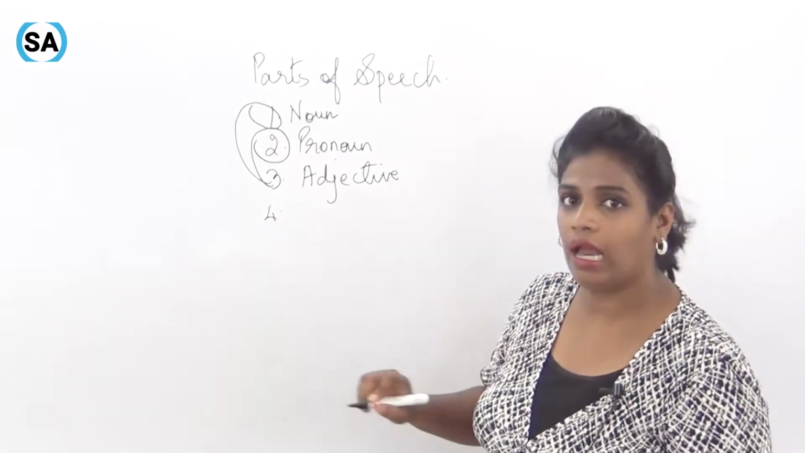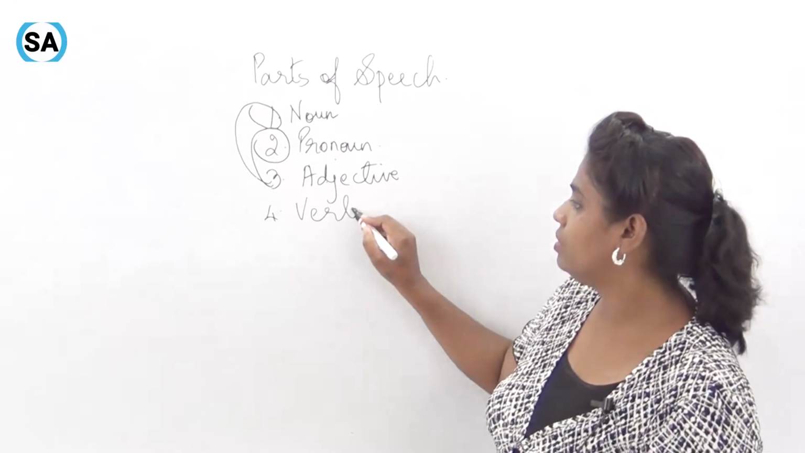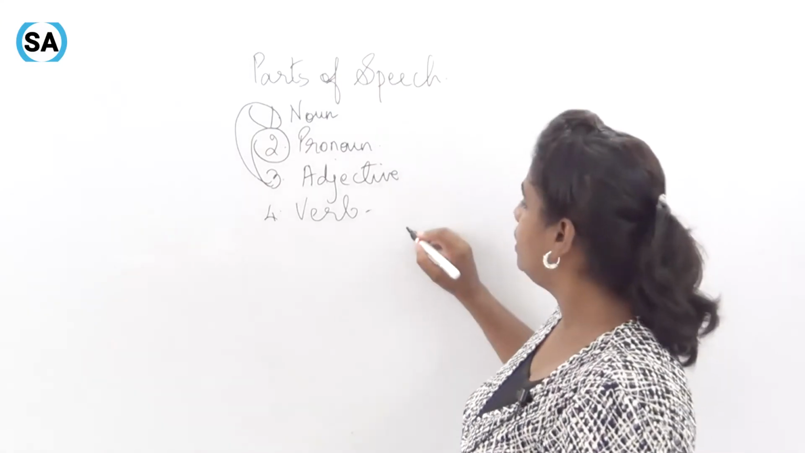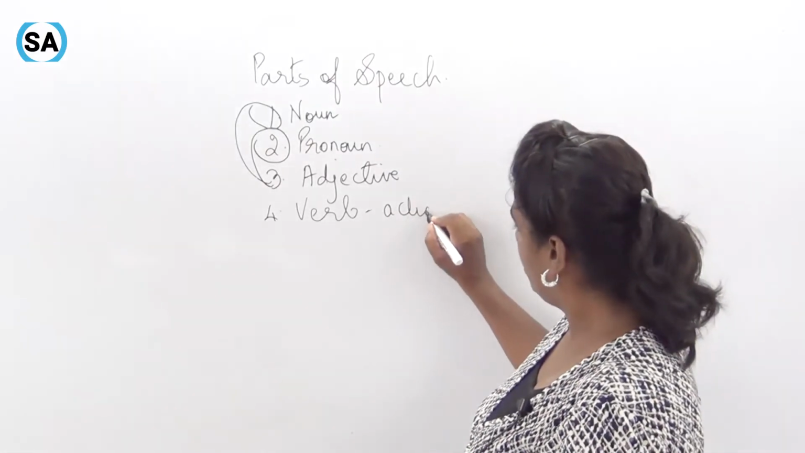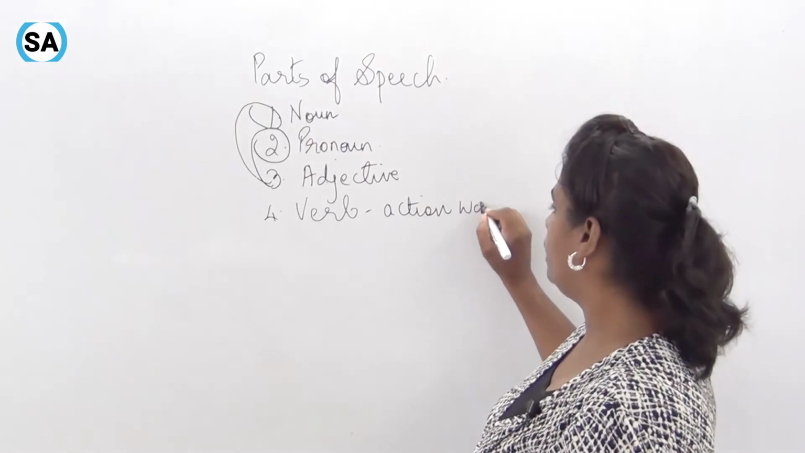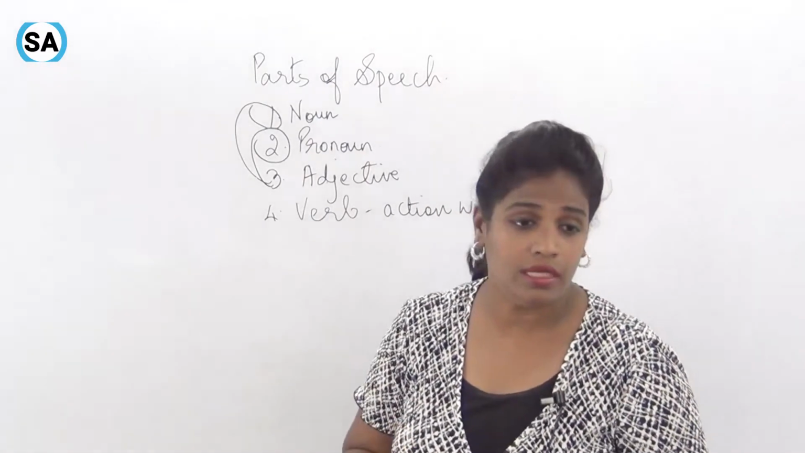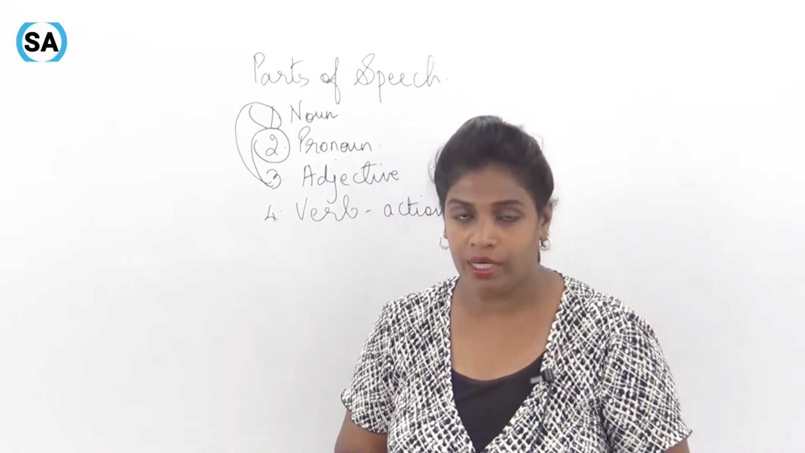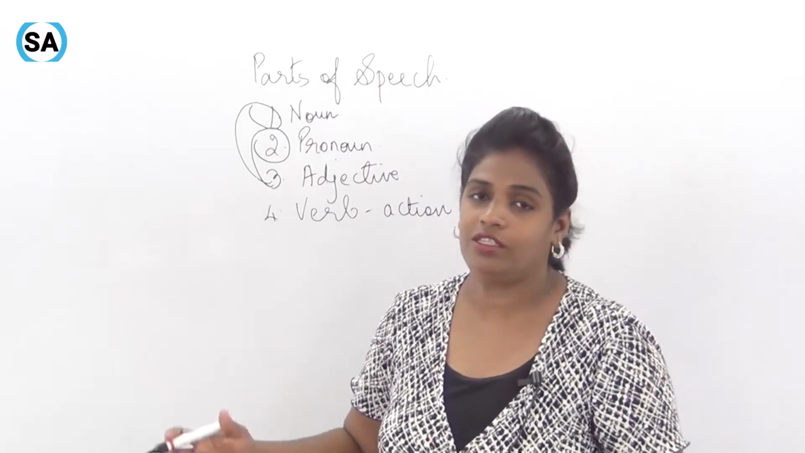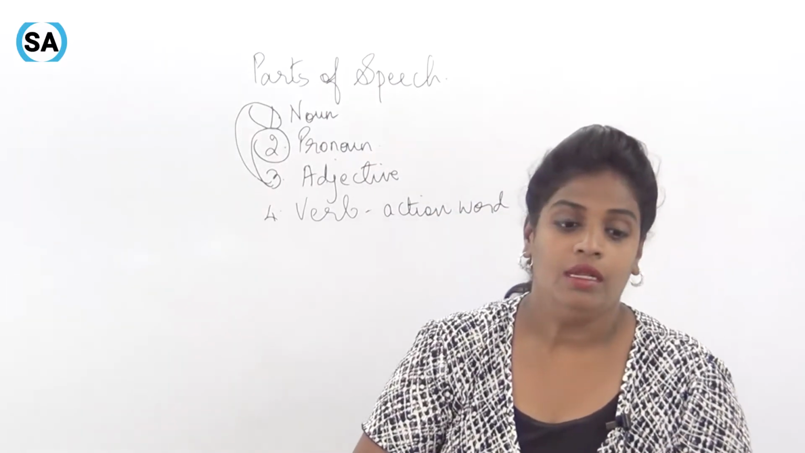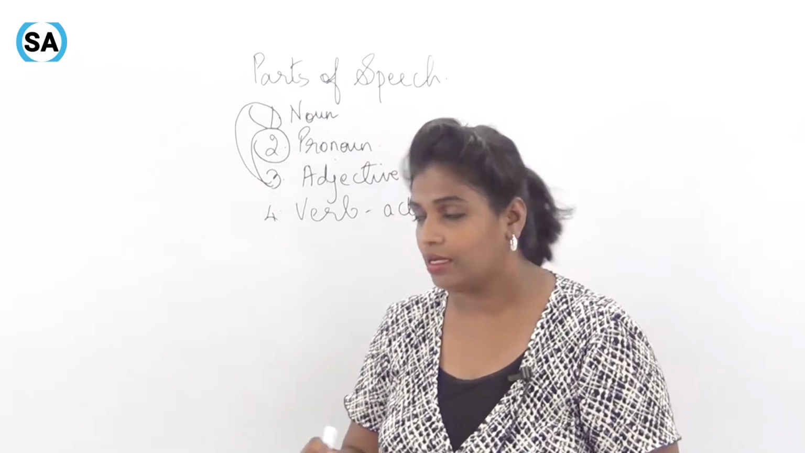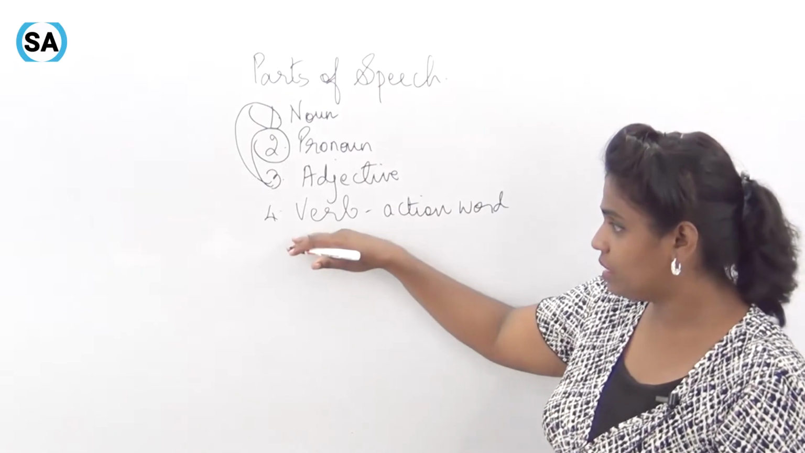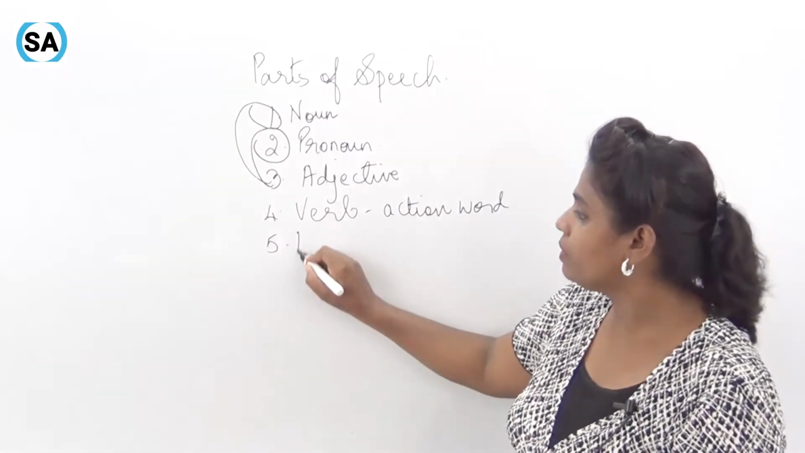Then we have verb. What is verb? We all know, since we have studied this in lower classes. It's an action word. Any action done is a verb. Seema is skipping. Skipping is a verb. A teacher is teaching. So teaching is verb. Rahul is writing. Writing, it's a verb. It's an action word. So any action done, it is verb. Then after verb, we have